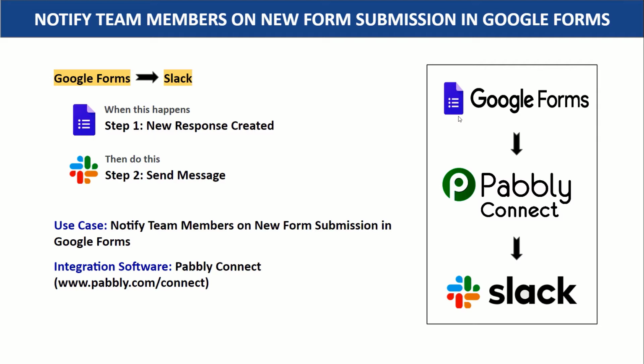So here you have two choices. Either you can copy all the details of John from Google Forms, compose a message and manually send it on Slack. Now this approach is very repetitive and tiresome. So I would suggest that you bring in some automation so that when a new response is created in Google Forms, it will automatically send a message on Slack. Now here I am sending my Google Forms data to Slack. This approach can also work on similar apps like WhatsApp, Telegram, etc.